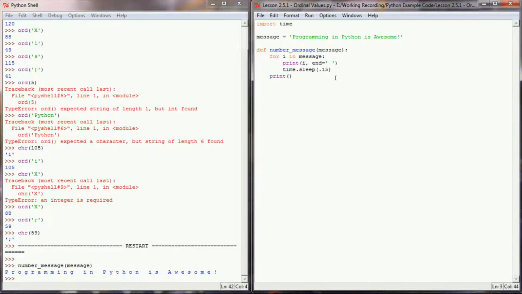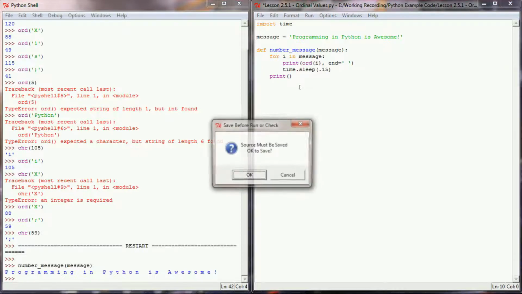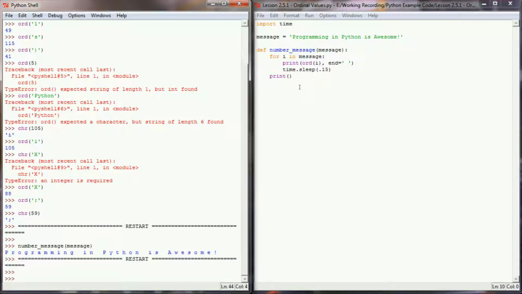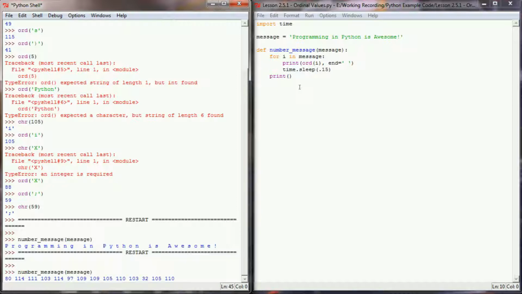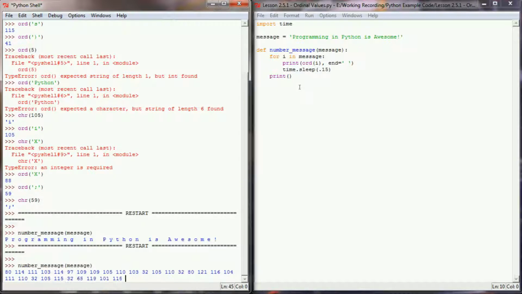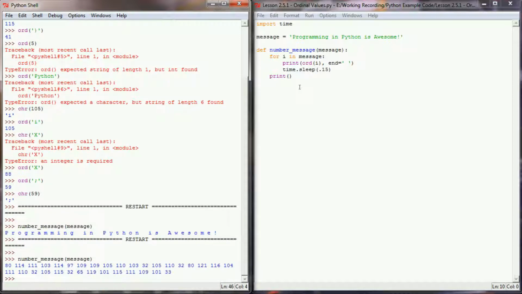But instead of printing i, what I want to do is print the ordinal value of i. When we iterate over the string, we are handling each character in the string one at a time. Because of that, we're going to print a numerical representation of each character in the string. With that slight change, if I were to run that same function, number_message, passing in a value of message, you can see really simply I have encoded "programming in Python is awesome" to be a